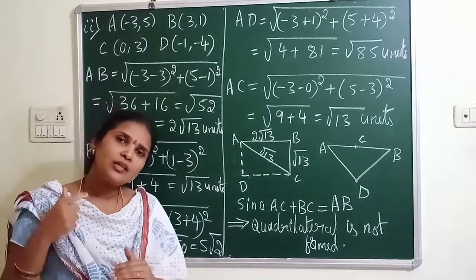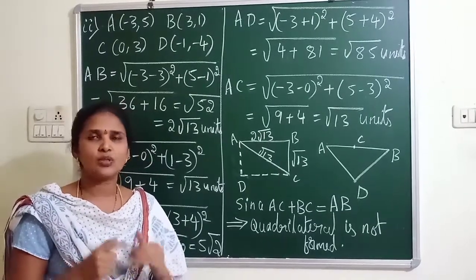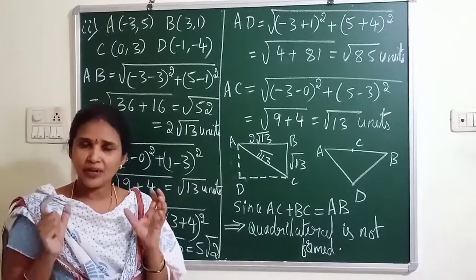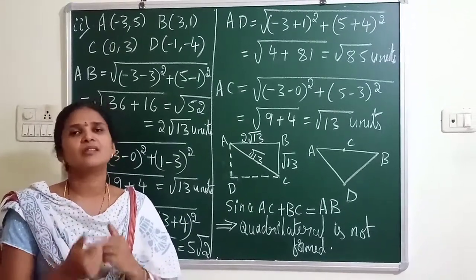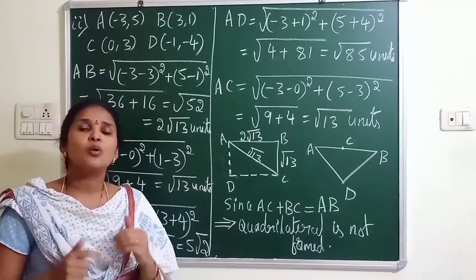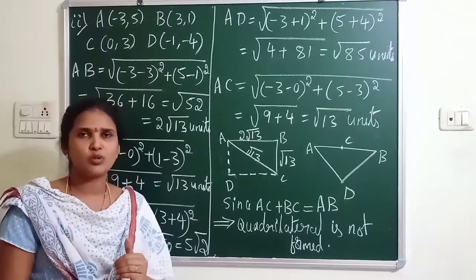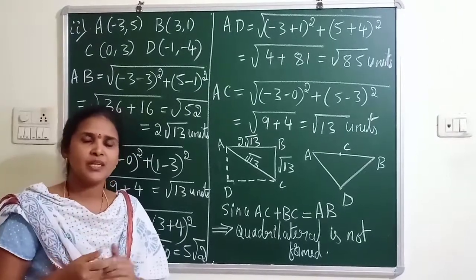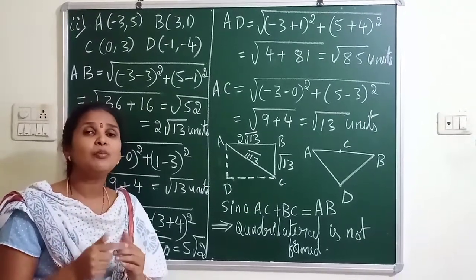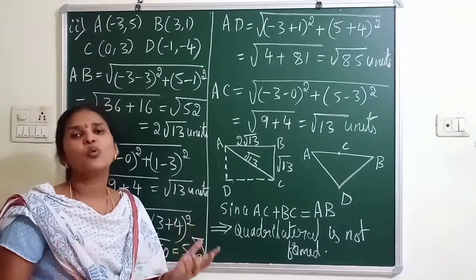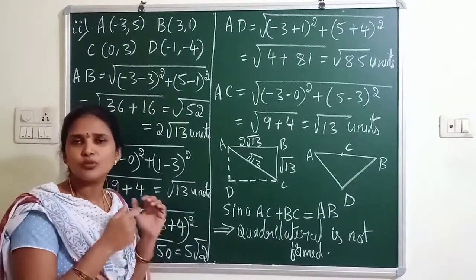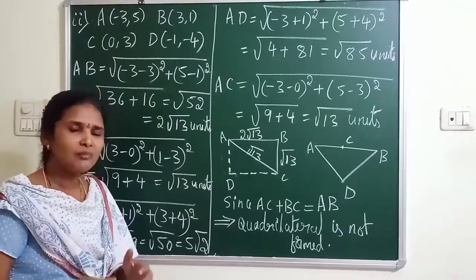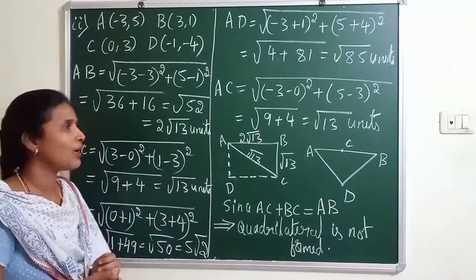But when all four sides are not equal, you should be very careful. When all four sides are of different lengths, you can conclude that it is a general quadrilateral. But sometimes a quadrilateral may not form. In a quadrilateral, when I draw one diagonal, two triangles are formed. If the inequality property doesn't satisfy for any one triangle, then the quadrilateral will not be formed. So you should be very careful in this type of question. When all four sides are not equal, be careful and check the inequality property.